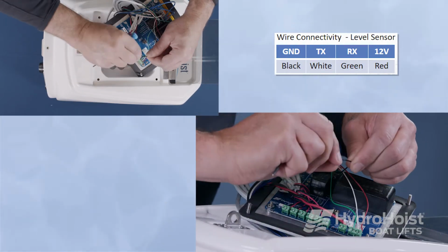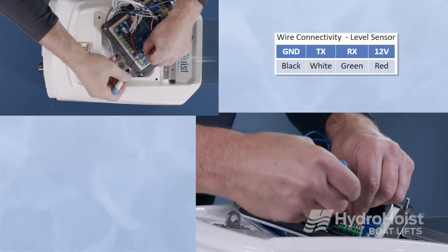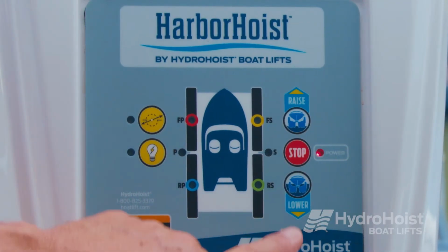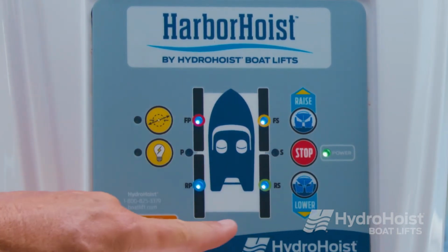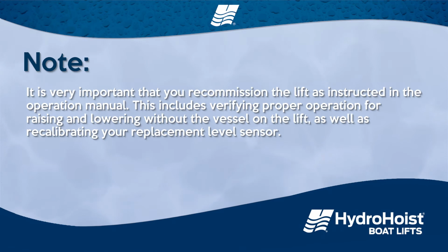Reconnect the sensor wires to the main control board in their proper orientation. Verify by operating the control for a couple of seconds in the raise or lower mode. It is very important that you recommission the lift as instructed in the operation manual. This includes verifying proper operation for raising and lowering without the vessel on the lift, as well as recalibrating your